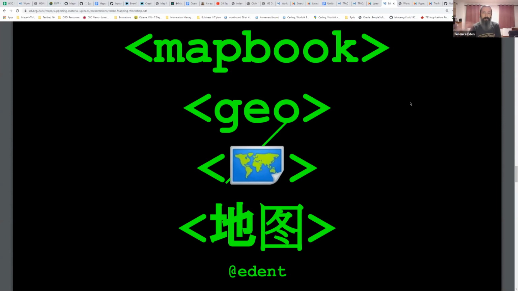I guess the very first thing is, what should this element be called? So I saw map earlier. I've been doing HTML since before my beard was a lot shorter. And does it make sense to recycle map? I saw map book earlier. That's interesting. Do people understand what a map book is? Is this actually a geo thing? Is this about geography? Would this make sense as an emoji? Why can't we have an emoji element? Would that be interesting? Would people get that